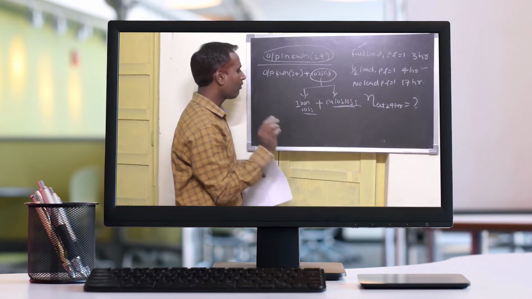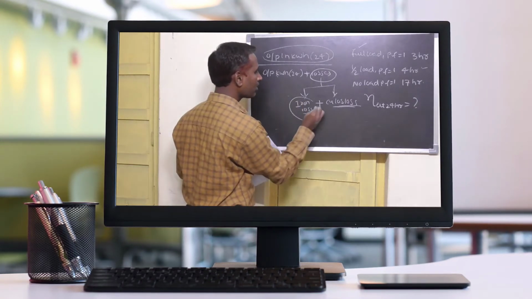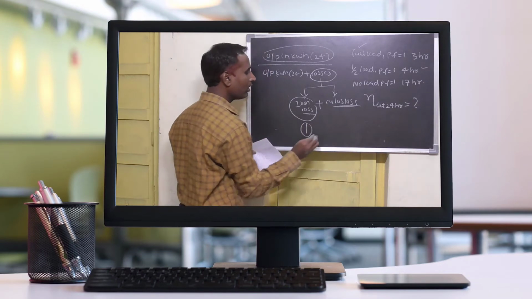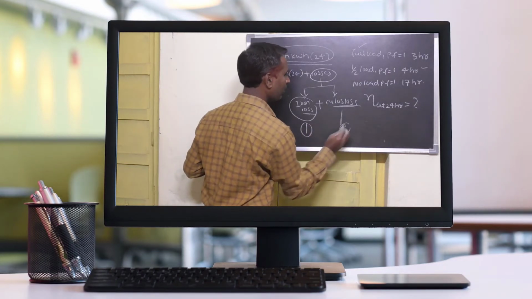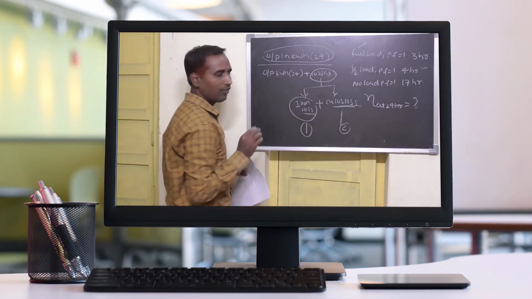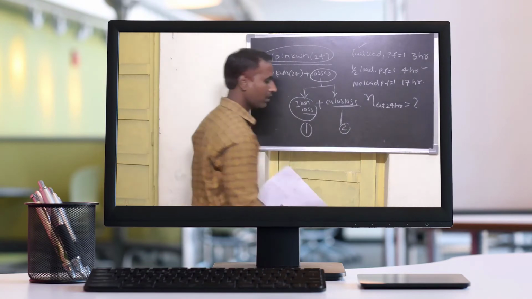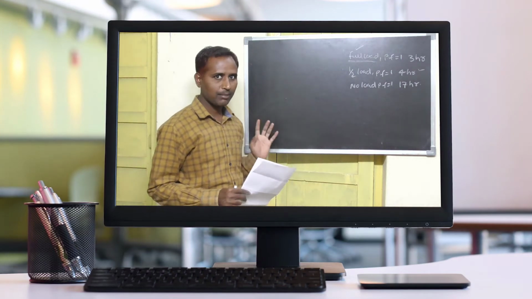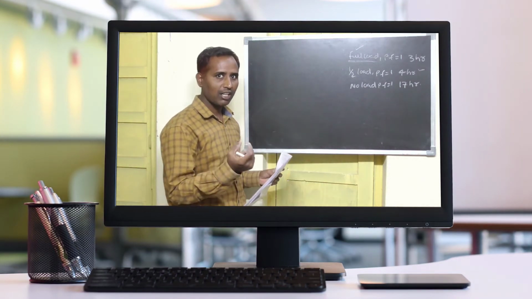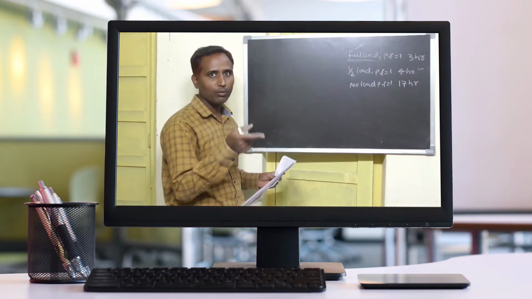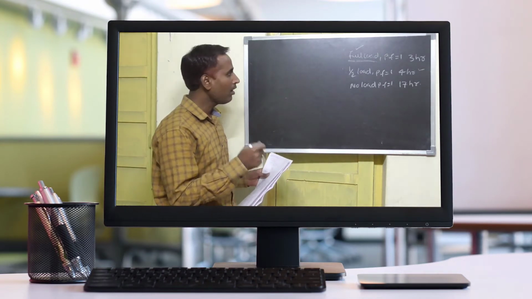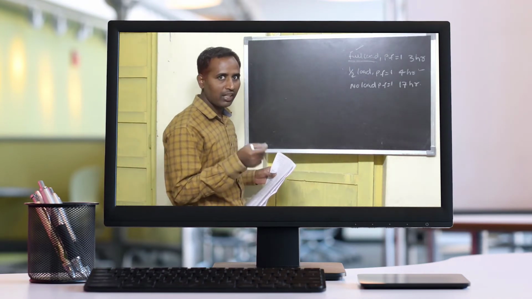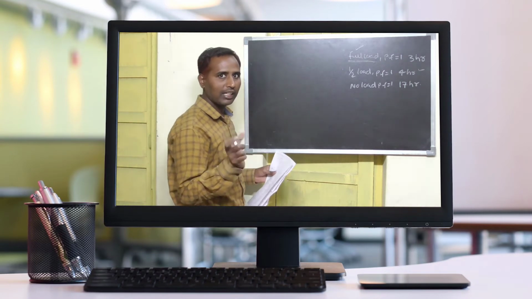Okay, let us solve. First we have to find out iron loss, then next copper loss. We will put it in the formula. Okay friends, let us start. So friends, before solving this problem I will clear the concept. If we understand the concept, then we can easily solve one more problem. This is the first problem, and I will solve one more problem. That's why first I will clear your concept.